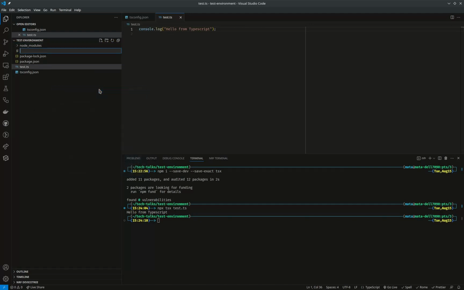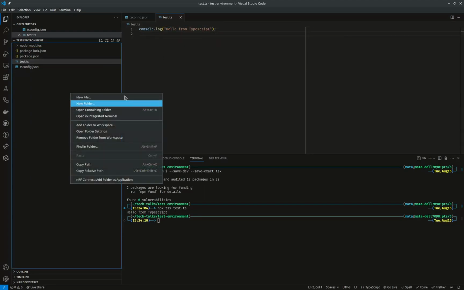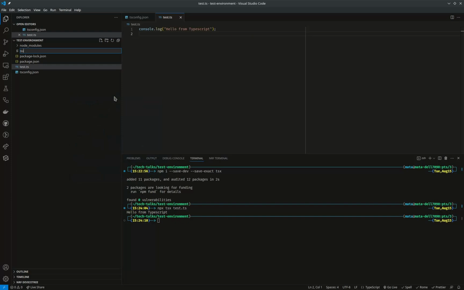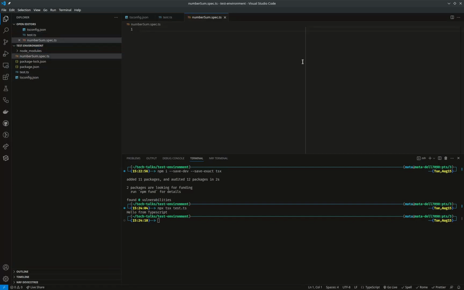So let's say we are writing a function that sums up two numbers. So we have number-sum.spec.ts, and now instead of like in Jest, where you are used to being able to call describe directly, if I would say like my number sum function,